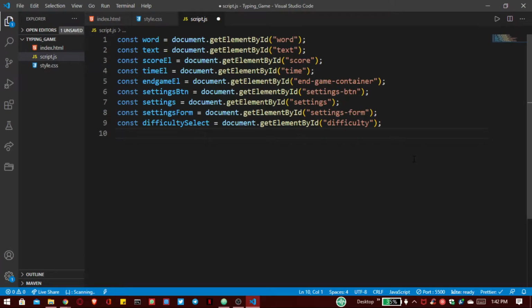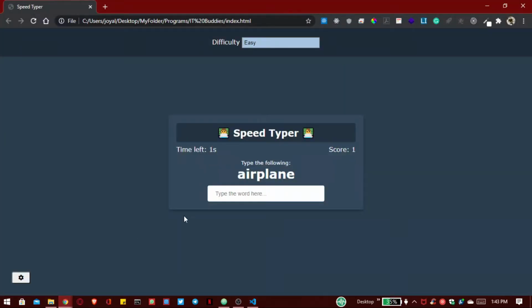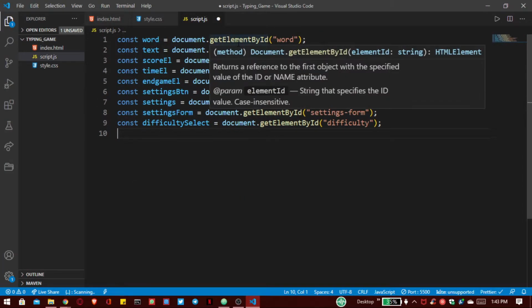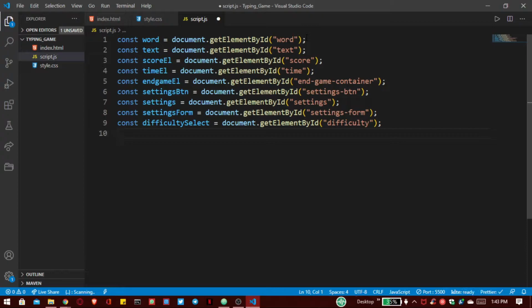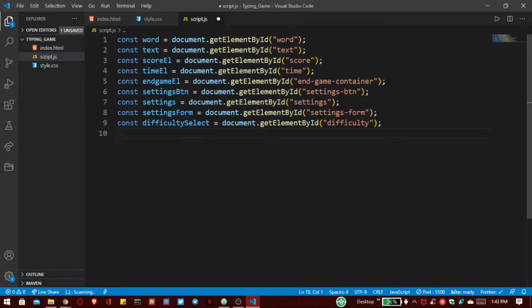Now I want to explain this word, which is for id equal to word, and that is inside our h1 tag. So that is for our random word like this. For that we use document.getElementById function because we want to change that, and for our text, and we have to increase our score with this score element. We have to decrease our time or increase with this time element, and after the game ends,